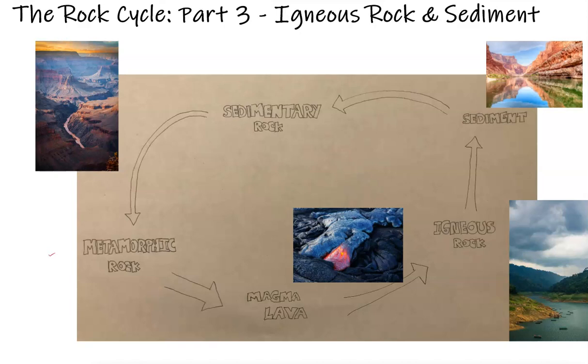I'm looking at how igneous rocks turn into sediment as this part of the rock cycle. As you can see by the diagram given, I have magma and lava down here, and I have igneous rock here. The first video was on the process from what magma is to the formation of igneous rocks. And in this video, we're going to look at igneous rock and the formation